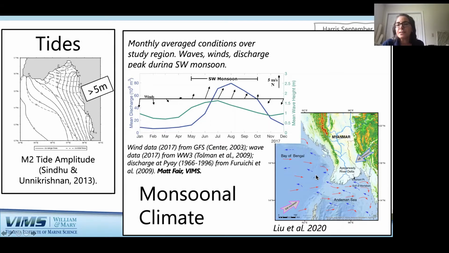There's been an idea in the literature that due to the Asian monsoon climate, we have really different dispersal mechanisms during the summertime, when they have the southwest monsoon, and the wintertime, when they have the northeast monsoon. So this plot shows a time series of average conditions, with each one of these being one month. The data was taken from global data sources that spanned decades. And we see that during the summer months, we tend to have strong winds from the south. This blue line is the estimate of the discharges from the river.